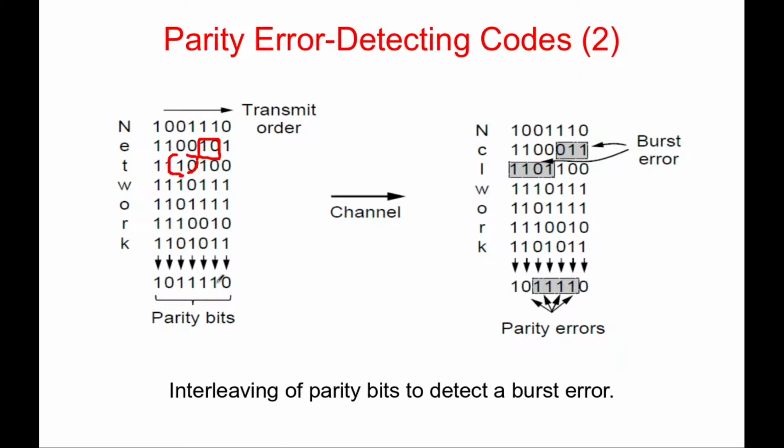Now what we are doing here is that we are not calculating the parity in a horizontal way. We are rather calculating the parity in a vertical way. For each individual column, we are calculating the parity. And that's how the parity block that was transmitted was received, fortunately, correctly.